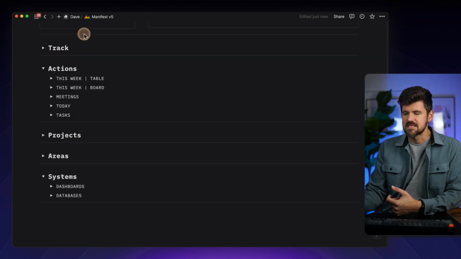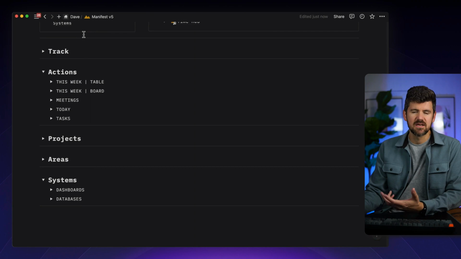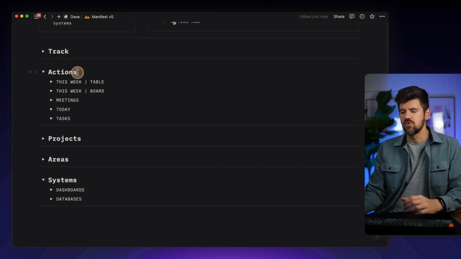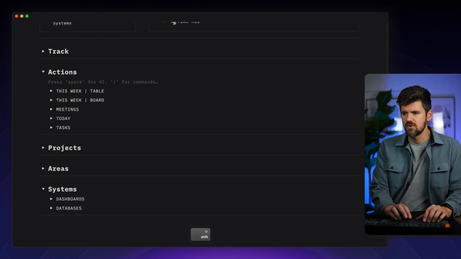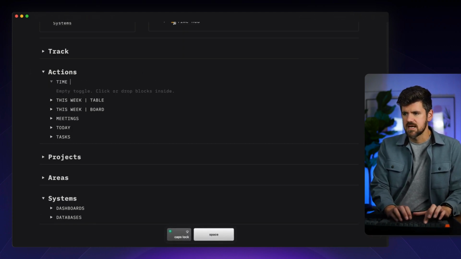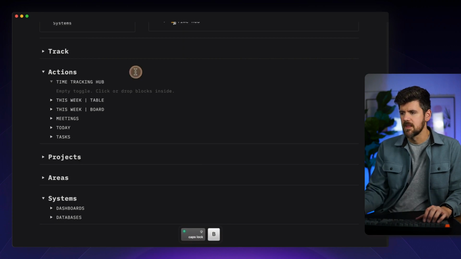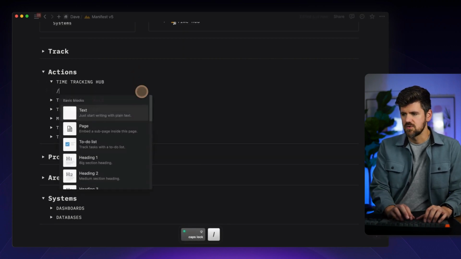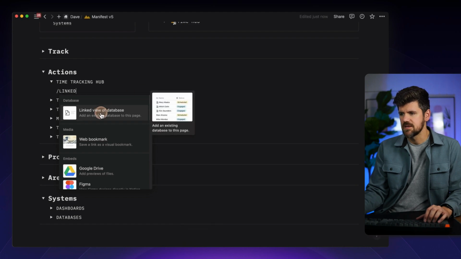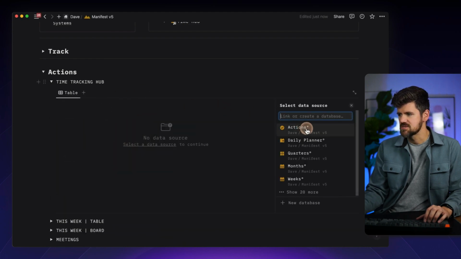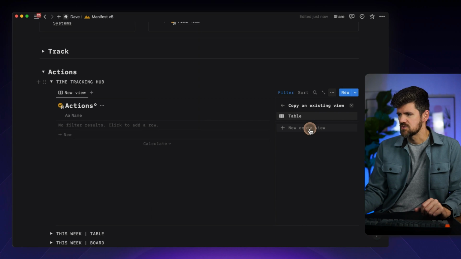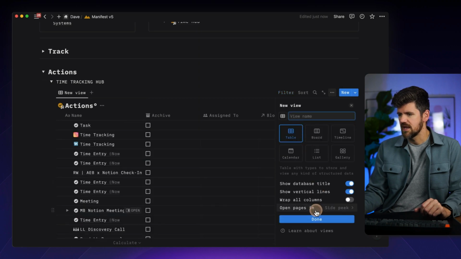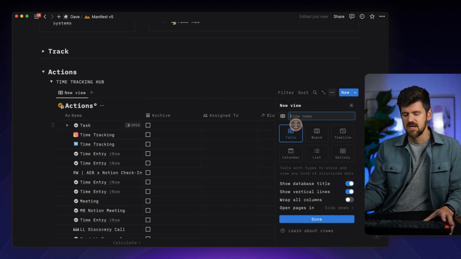And in this workspace, actions encompasses tasks, meetings, action items, deliverables, things like that. So it's a catch-all for things that are happening under projects. But what we want to do is set up a new toggle, and we're going to call this time tracking hub. And from here, we're going to add a linked view of a database. We're going to look for actions, which is the first one to show up. We're going to select new empty view here, and what I want to do next is, let's set this up